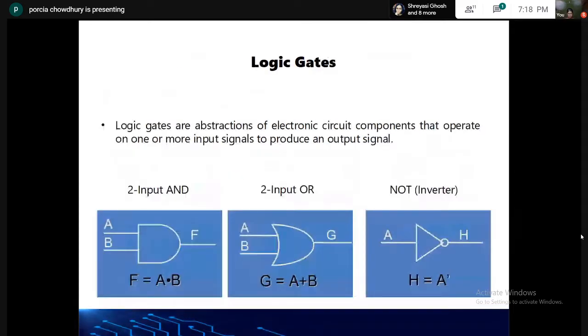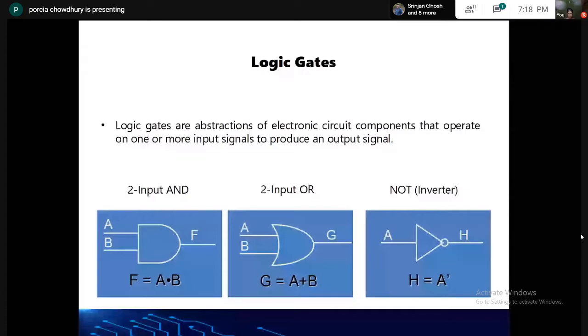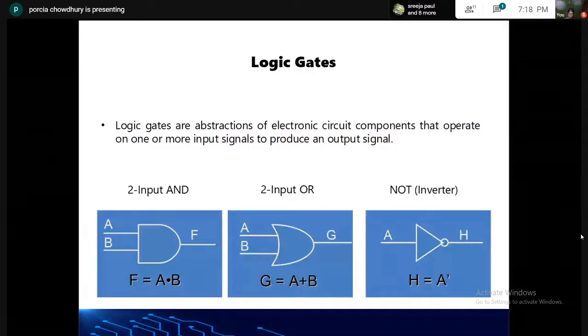So the next thing we will have over here are the symbols. On the last slide we discussed the truth table. Now these are the basic symbols. Why do we need the symbol? Whenever we form any circuit, we use these symbols: first the AND gate, the next symbol is for OR gate, and the third symbol is for NOT gate. So suppose one circuit has only AND gate and NOT gate, we will use only the first symbol and the last symbol.